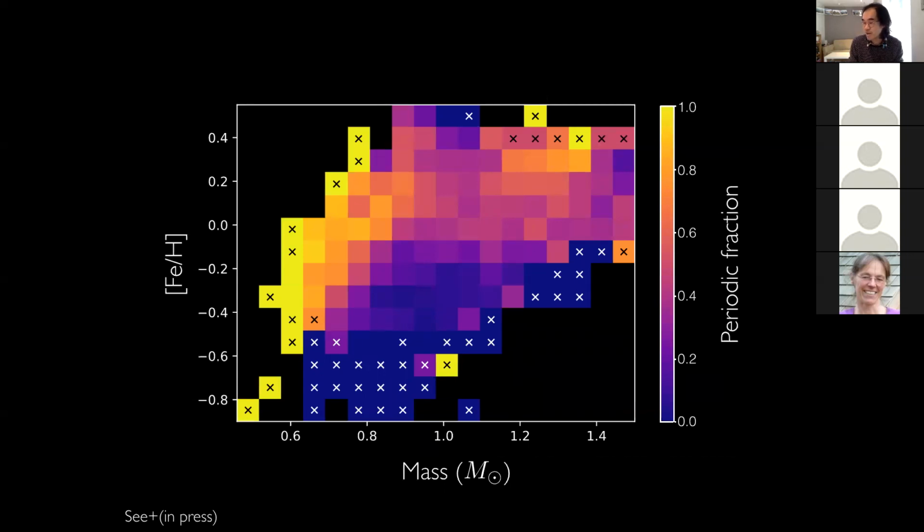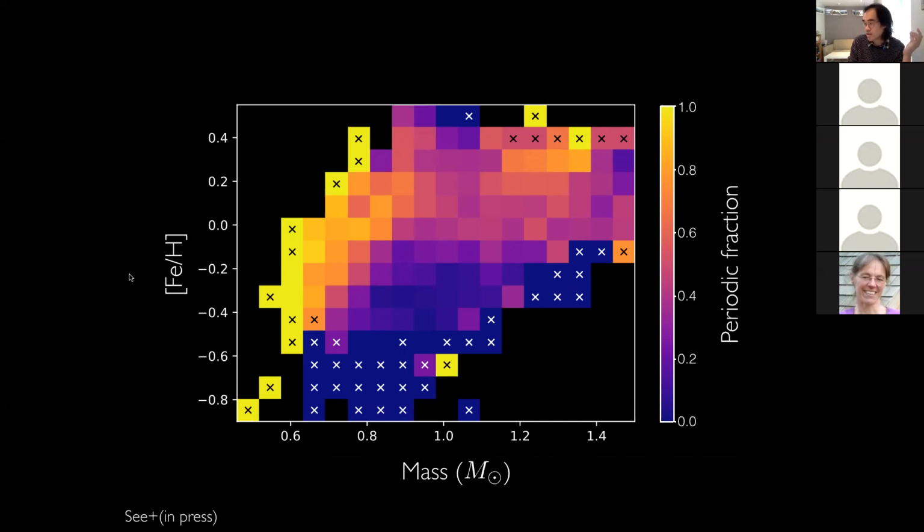And again, Timo Reinhold covered this a little bit earlier, talking about detection fractions. So in this plot, what I've done is I've taken the periodic and non-periodic samples, combined them together, binned them in metallicity mass space, and then calculated the fraction of stars for which a rotation period could be recovered by McQuillan, 2014, in that bin. So there are two main trends here. The first is that at a constant metallicity, so in this direction, you can see that it's much easier to recover